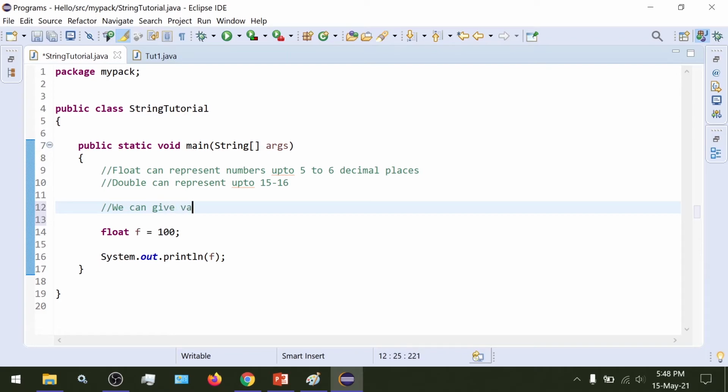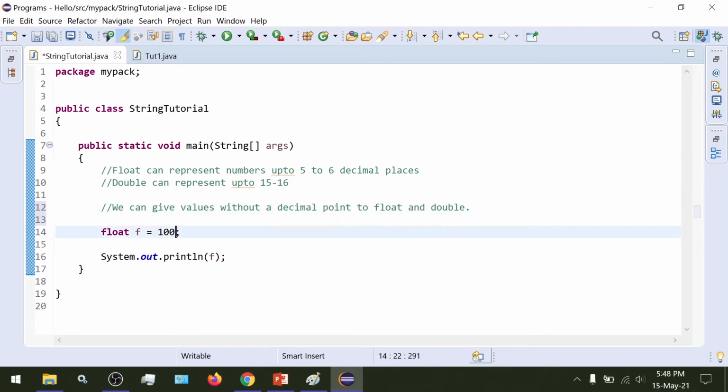So we can give values without any decimal point to float and double.